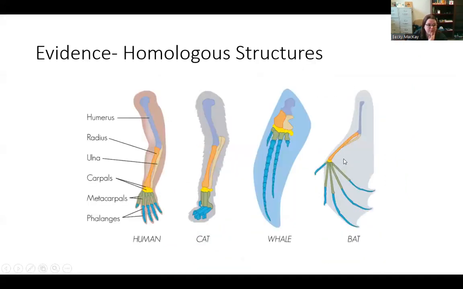There's also this example of homologous structures. And what this means is that organisms have pretty much very, very similar structures that do the same thing, even though they're not the same organisms. So these are a bunch of mammals, and we all have the same bone structure in our arms. We have one big bone, that's the humerus. You got two bones that are right beside each other, the radius and ulna. The carpals are our wrist, the metacarpals are our hand, and then the phalanges.